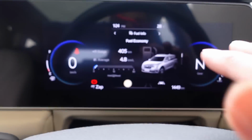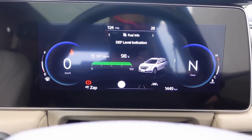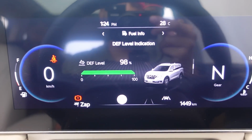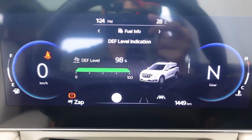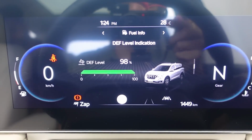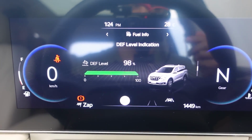और सभी information जो यहाँ पे आपको देखने मिल रही है, it is very easy to read when you are driving this car. यहाँ पे आप देख लीजिए, you also have this DEF level indication because this car is making use of a BS6 compliant diesel motor. ये DEF fluid जो है इसे आपको टॉप अप करते रहना होगा so that this car complies with the strict